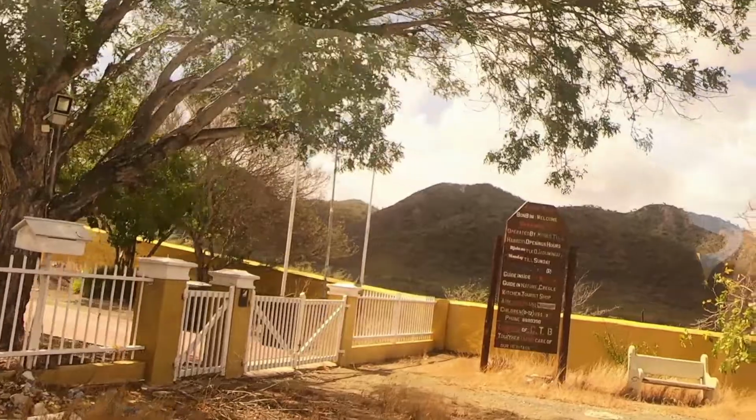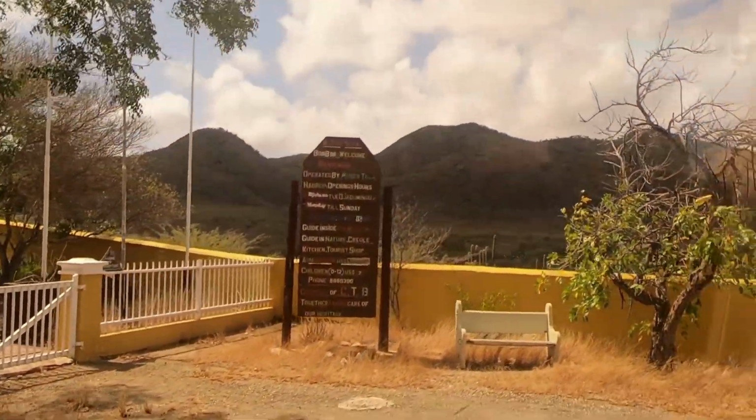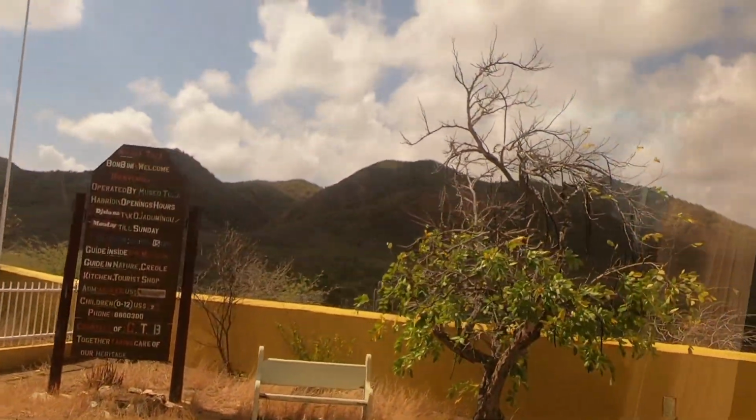So this is where the revolt started. This house is called Kenepa,